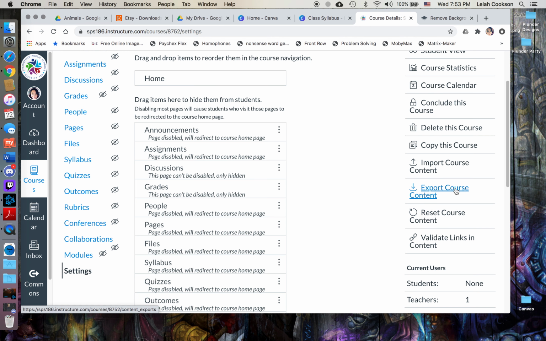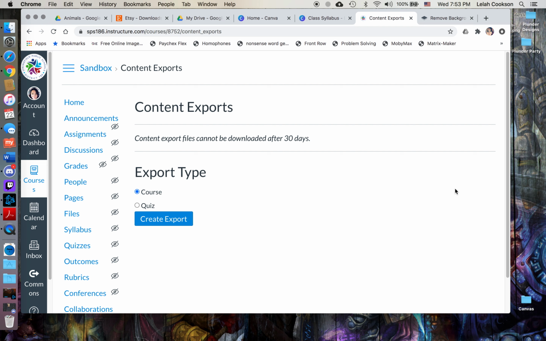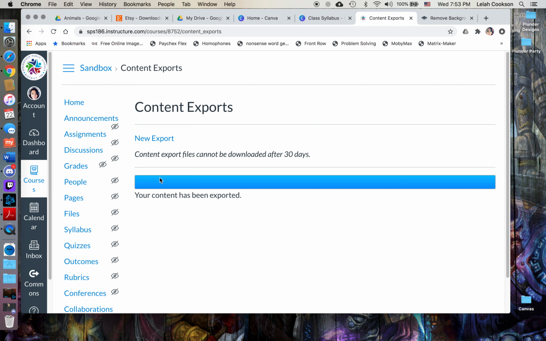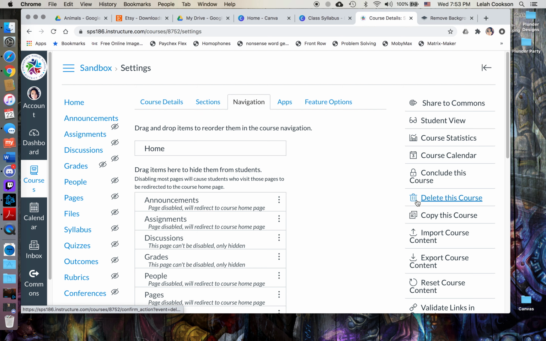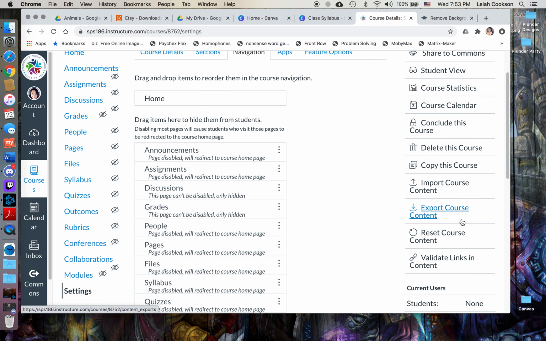I went into settings, and if you see where you hit export course content, so I can create the export. Is that what I wanted to do? No, I don't think that's what I wanted to do. Totally gonna confuse you on this one right here. Just skip over this part here. But